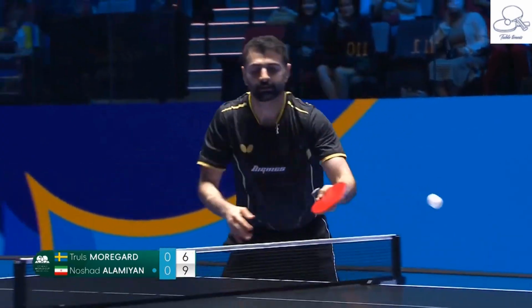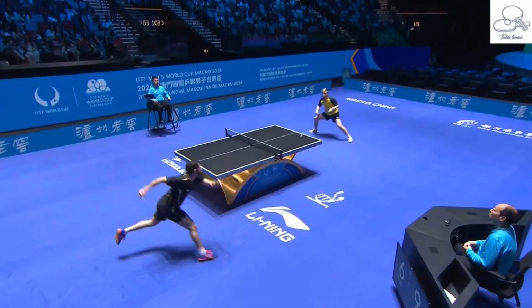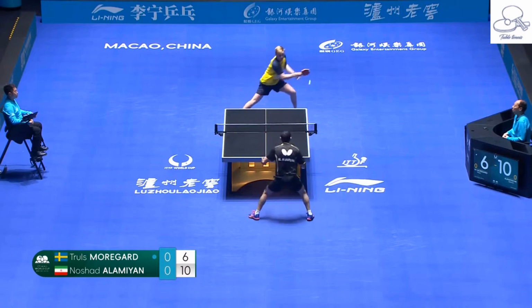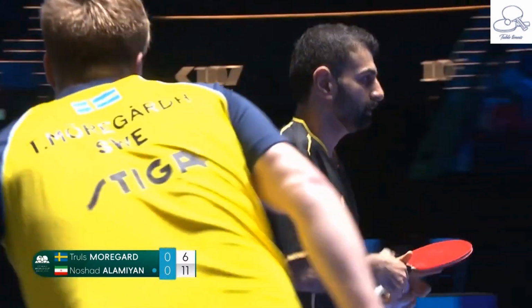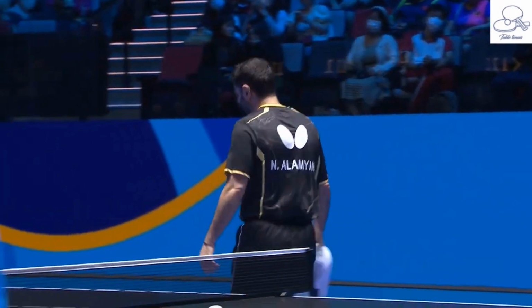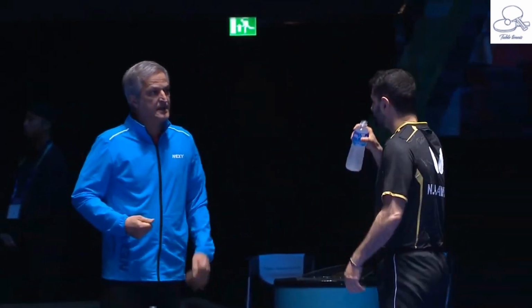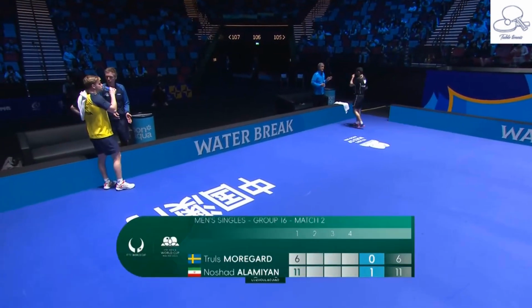He's playing some really good shots, Alamiyan. He's finding all corners of the table. Game point, by the way, he converts, and this is fantastic from Noshad Alamiyan. Brilliant work being done here by the Iranian athlete. Experienced Alamiyan, looking a very different player today, and we of course are enjoying that. Truls Moregard is taken by surprise as Alamiyan leads by winning the game. Just to give you the score,